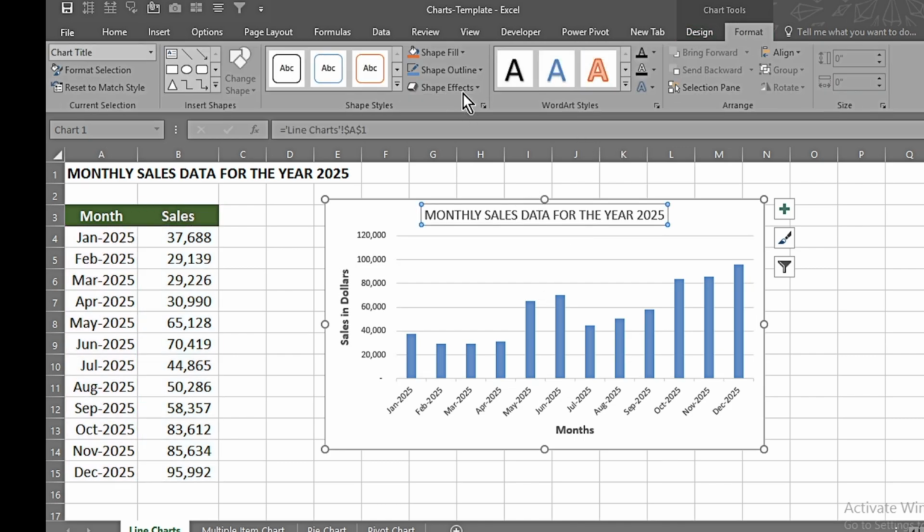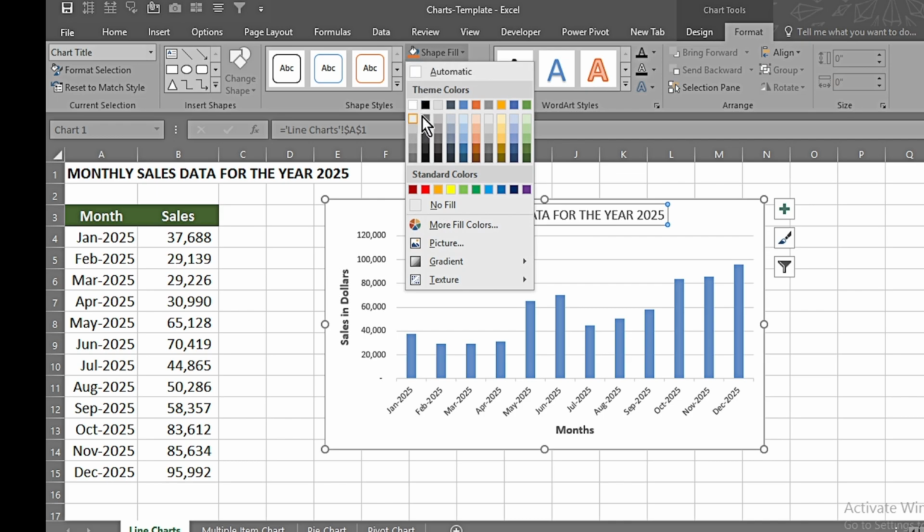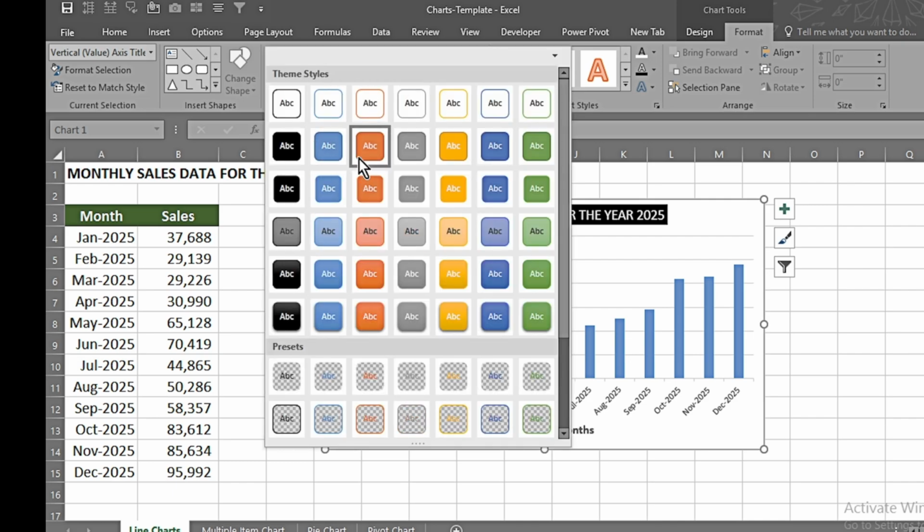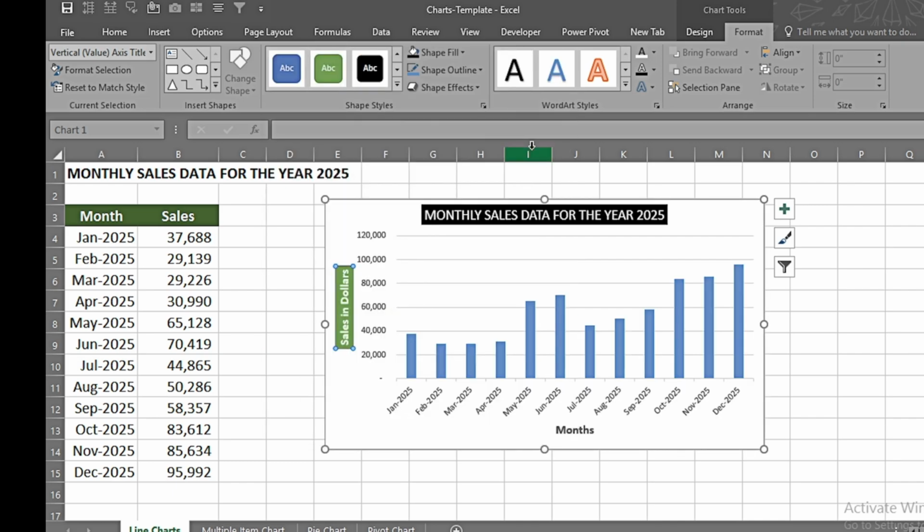Once we are in the chart, we can go in the format and we can make the formats. For example, we want to fill the shape with black color and we want the font to be white to make it more prominent, so we can make changes like this. Likewise, if you want any styles to be applied over here, we can use like this, selecting for the months to make the data more appealing and enhance the image quality. So we have different options over here which we can use.